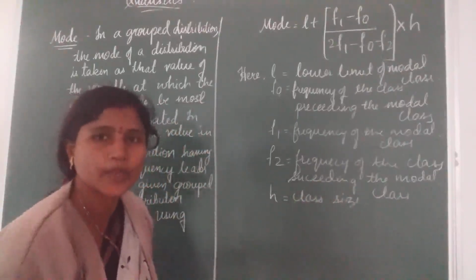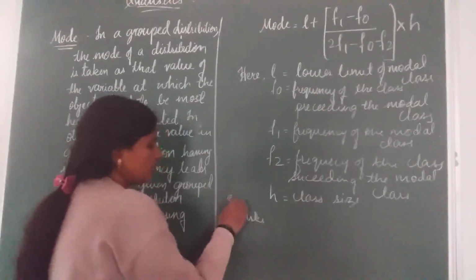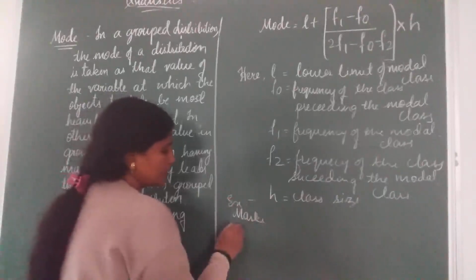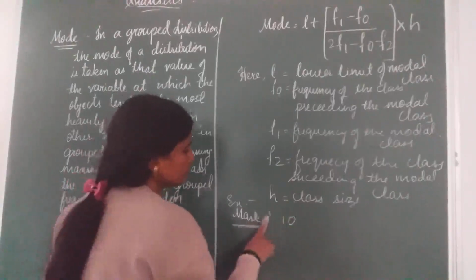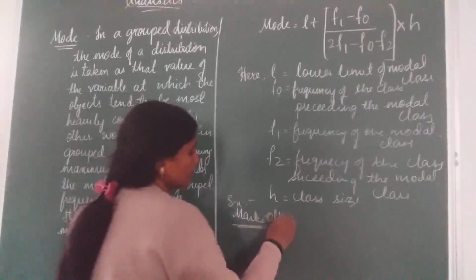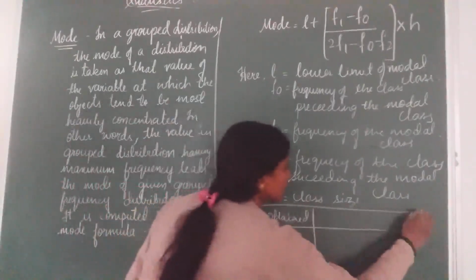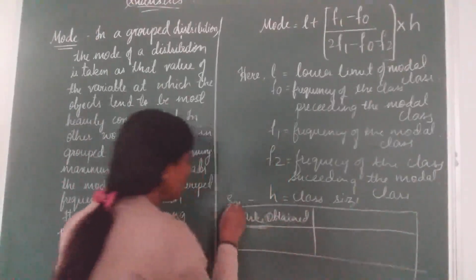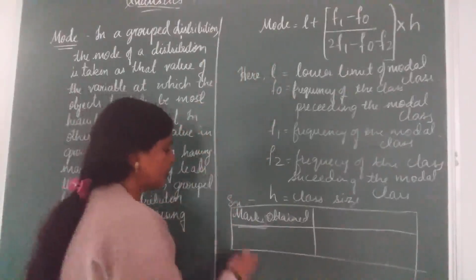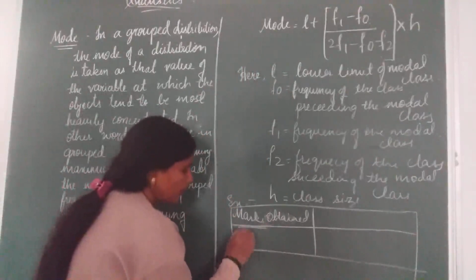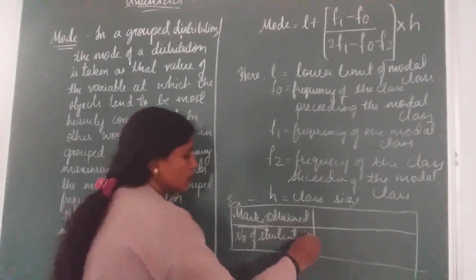Already I have told you about the mean for the ungrouped data. Let us revise once again. That is an example. Now if I take the marks obtained by the students, I am giving an example for the ungrouped data. For grouped data you have to use the formula for the grouped data. So marks obtained, and here number of students is considered as nothing but a frequency.